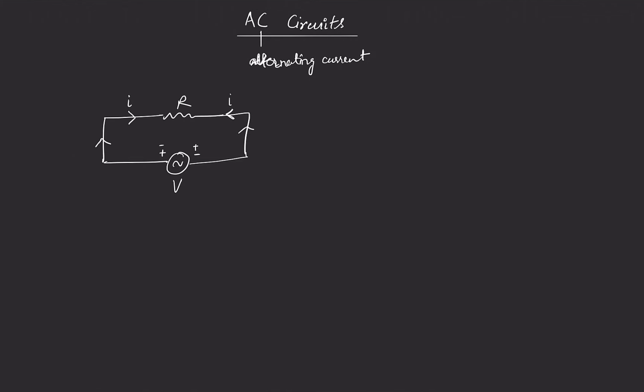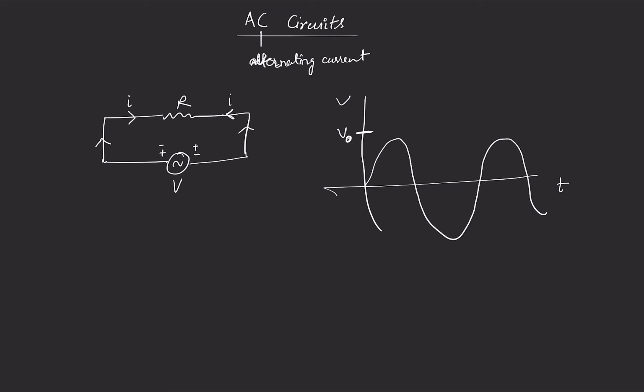So if we draw voltage with time, the maximum voltage or any peak value is denoted by V naught, or the zero value. So voltage is, let's say, V naught, and current will also be, in this case, something like this. So basically the basic concept is that sometimes the current is positive, sometimes the current is negative. Negative means the opposite direction.